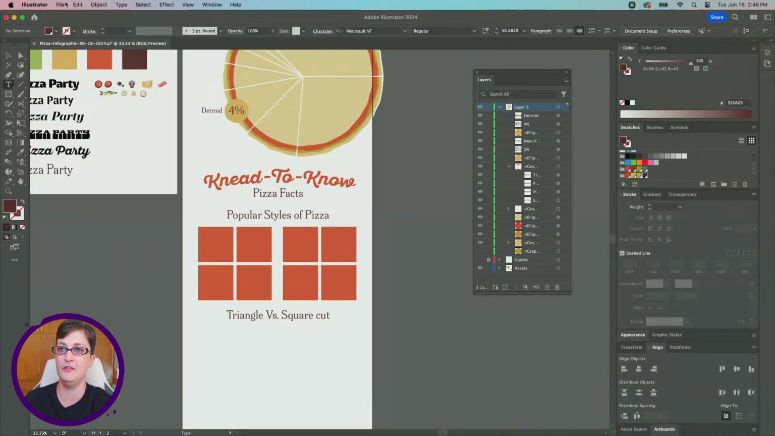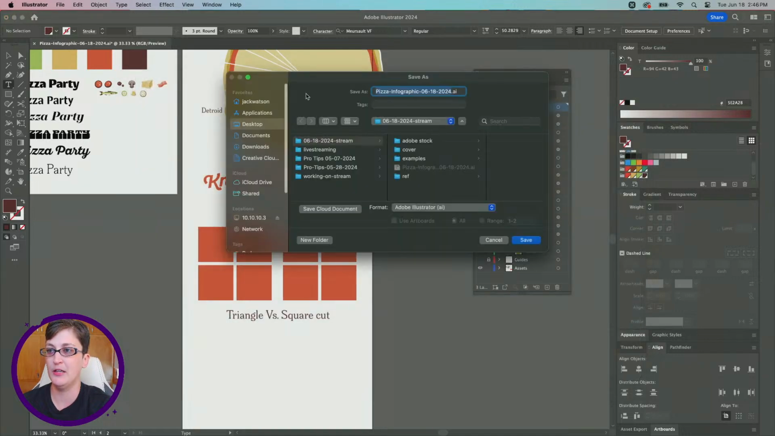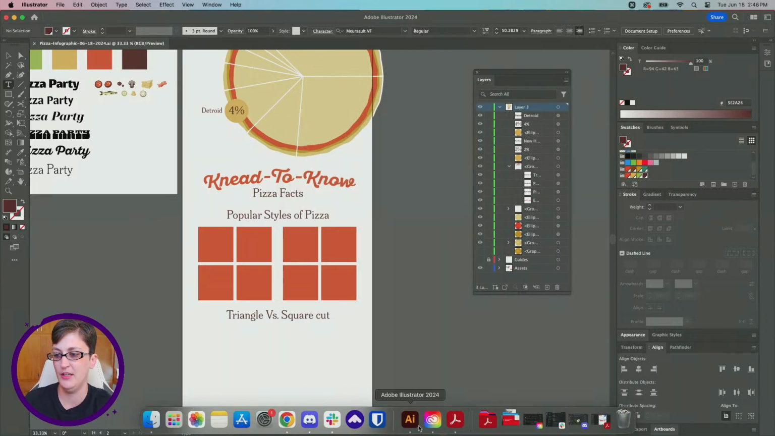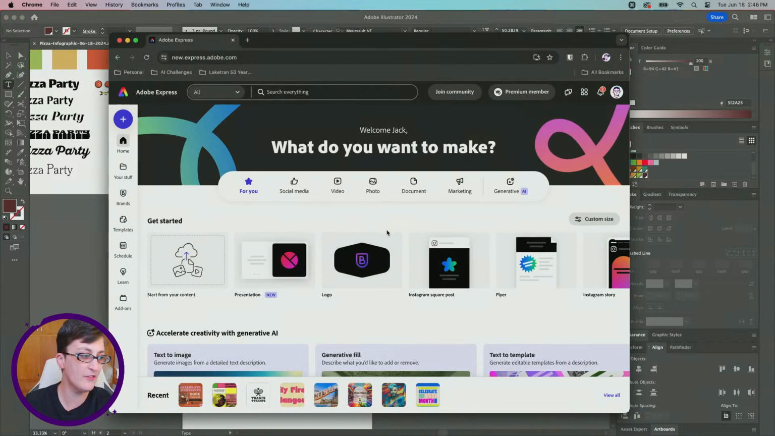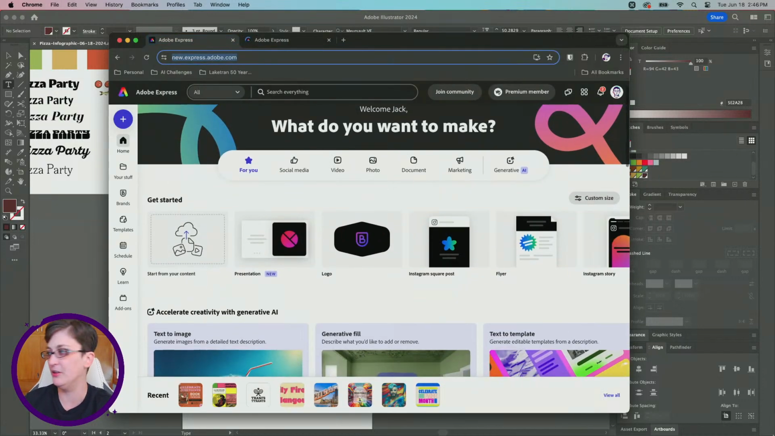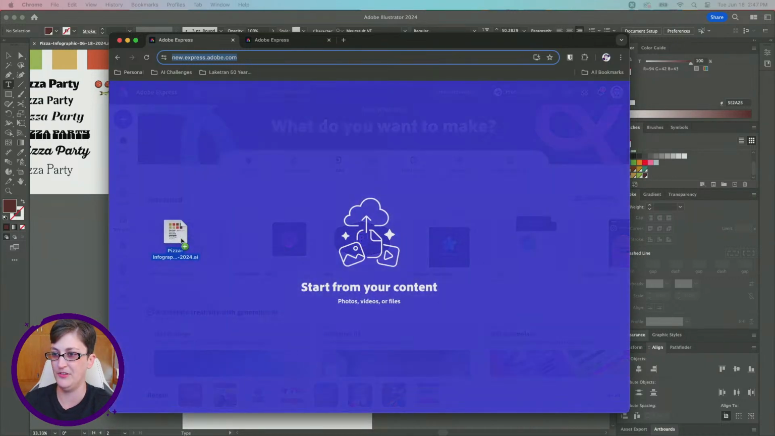If we wanted to, let's actually save. We're actually gonna save this on my computer. If we wanted to, we could open this whole file in Adobe Express, which is what I actually recommend doing once we're done with the infographics, so you can set up those image carousels. So if we go here, maybe I'll open up 2 tabs, and I can pull this file in to show you. If we start from our content, we could pull this in,